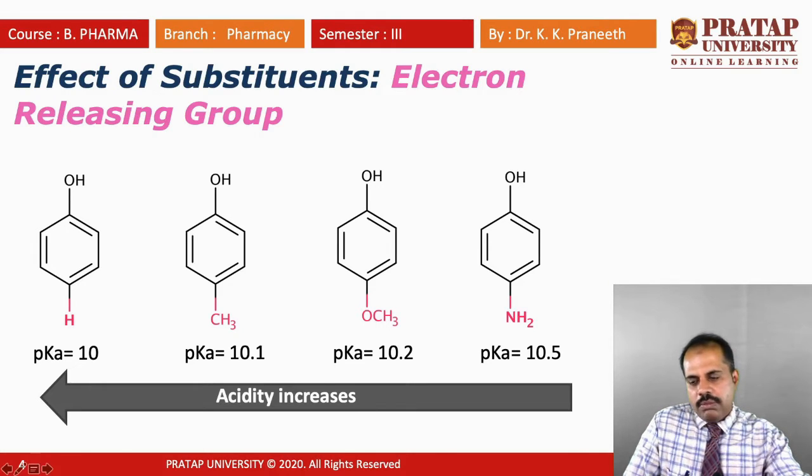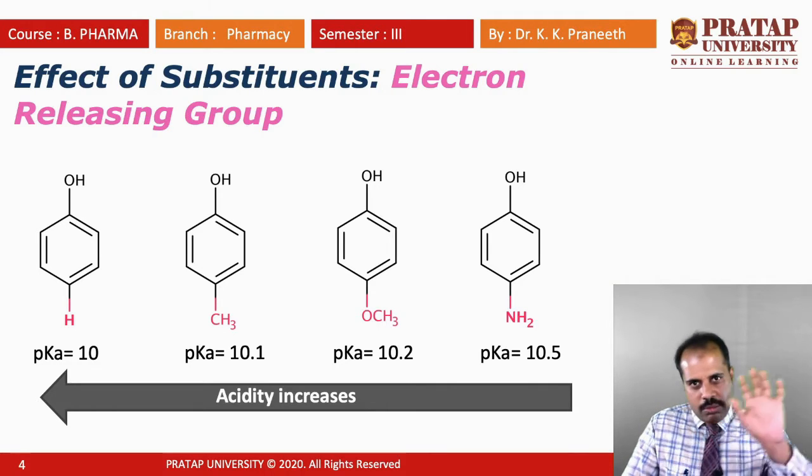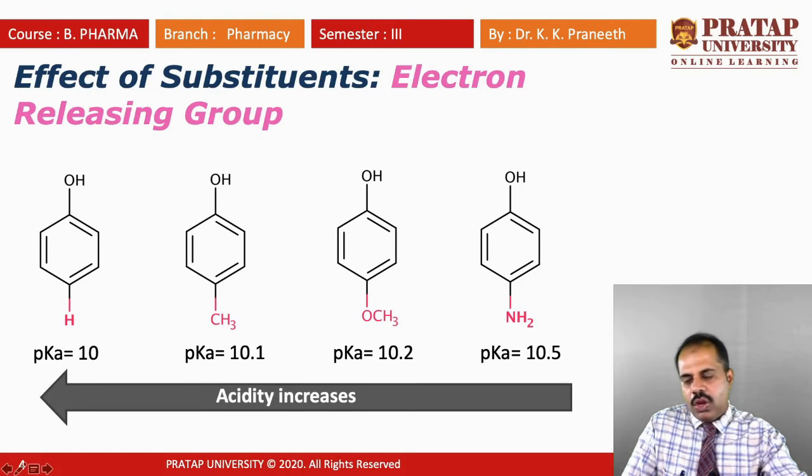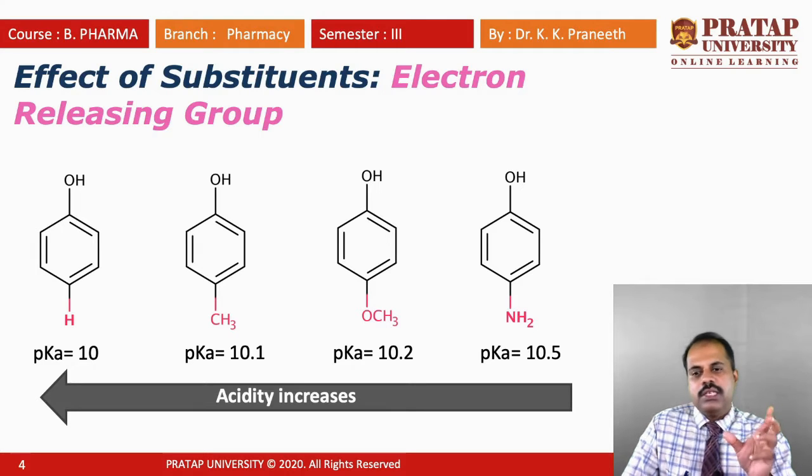The pKa value is 10. pKa is also like a kind of pH value. If the pKa value decreases, it will be more acidic. If it increases, it will be less acidic. So the pKa value of phenol is 10. But in the next example, a CH3 group is installed. I already told you that is an electron donating group, the methyl group. The pKa is slightly increased, so it's the opposite trend. You should remember, pKa increases,